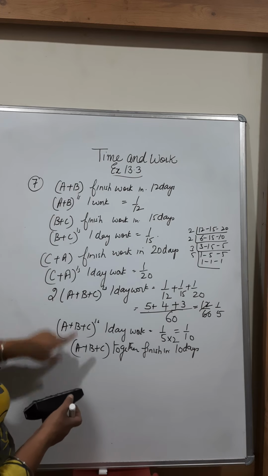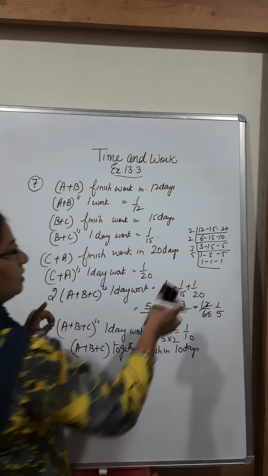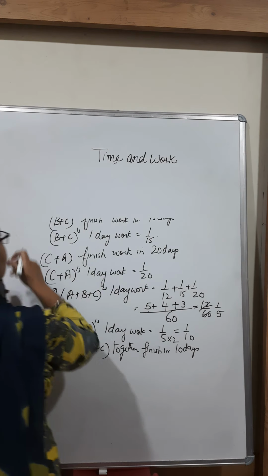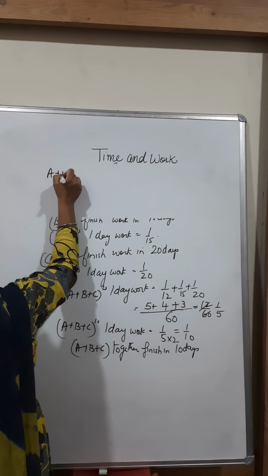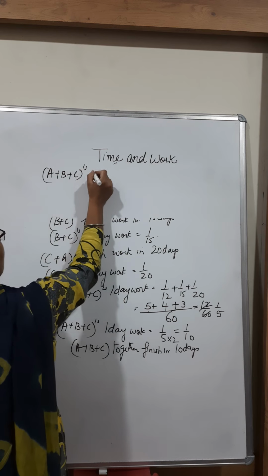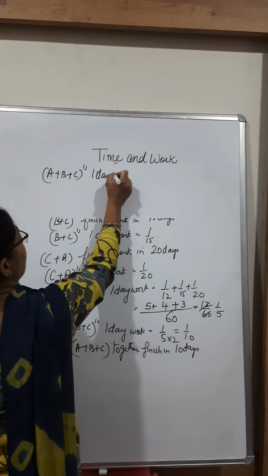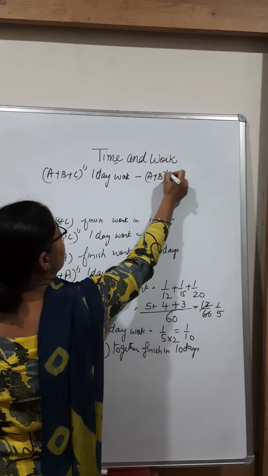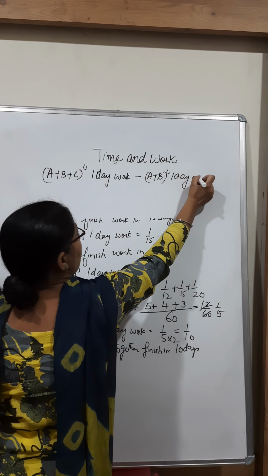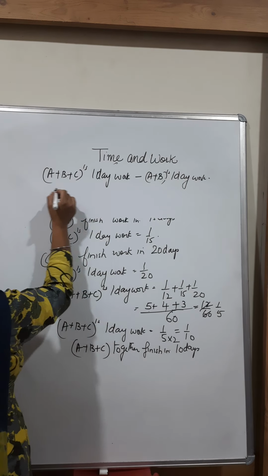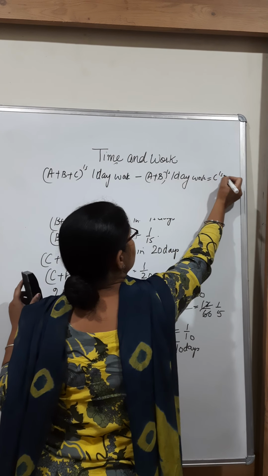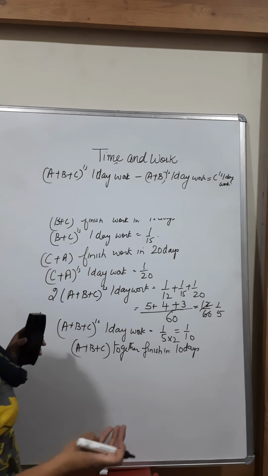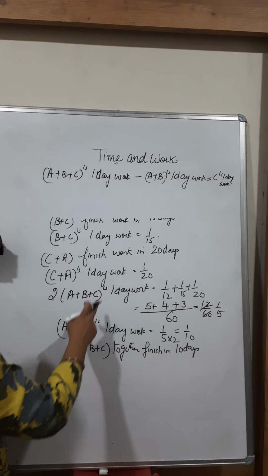ठीक है, तो अगर हम A प्लस B प्लस C इज वन डे वर्क में से A प्लस B के वन डे वर्क 1/12 को माइनस कर दें, A प्लस B प्लस C इज वन डे वर्क माइनस A प्लस B इज वन डे वर्क, तो हमारे पास क्या रह जाएगा? दिस विल बी इक्वल टू C इज वन डे वर्क, ठीक है ना? ये हमारे C इज वन डे वर्क के इक्वल आ जाएगा।